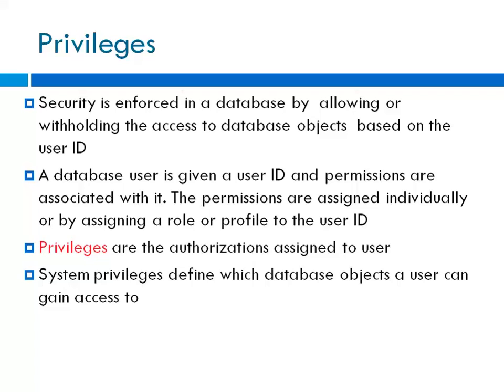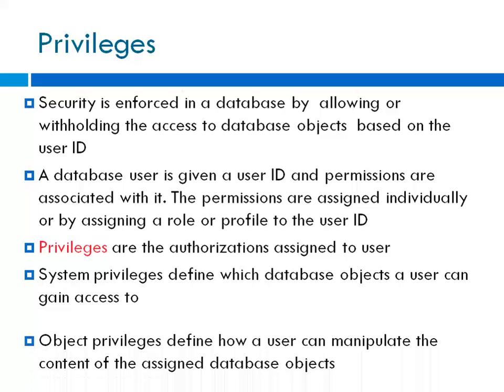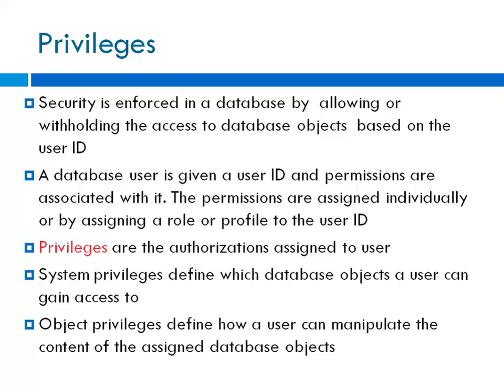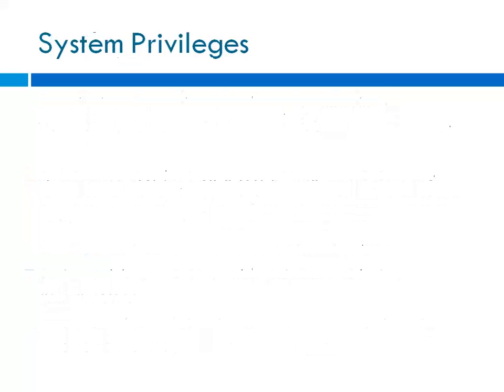There are two types of privileges. The first is system privileges, which define which database objects a user can gain access to, and second is object privileges, which define how a user can manipulate the content of the assigned database objects. Now, coming to system privileges,